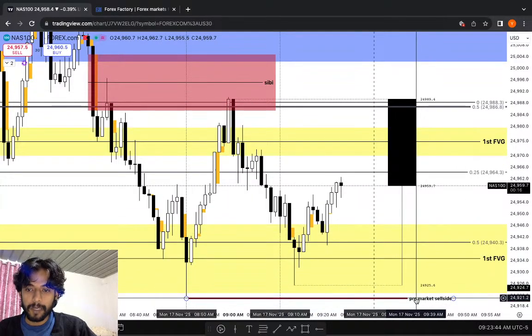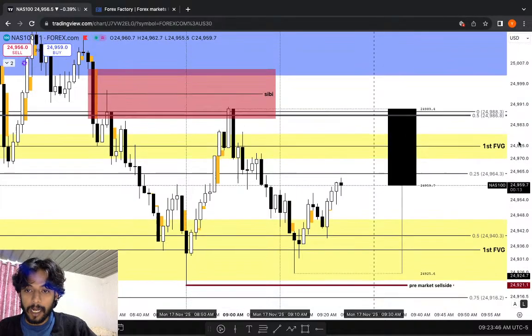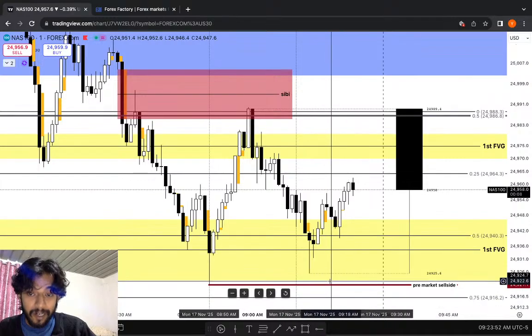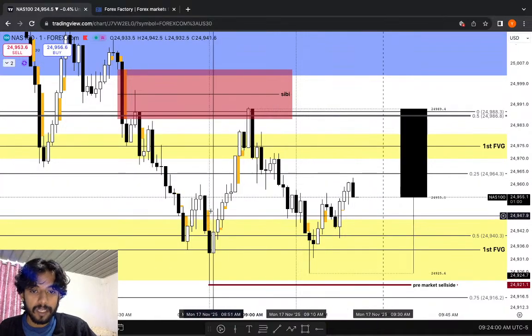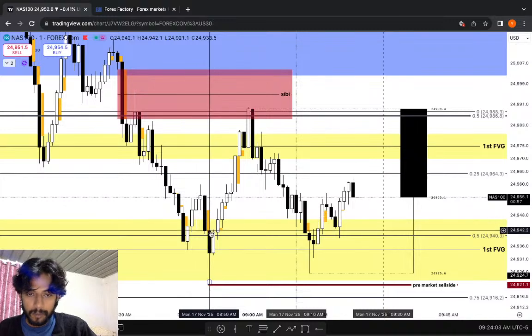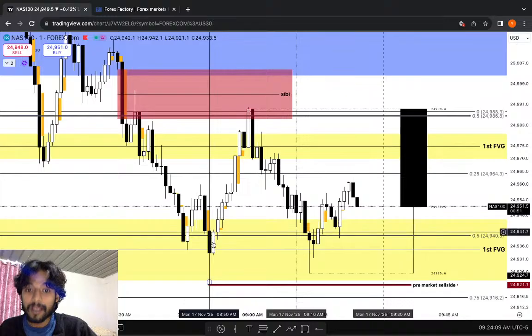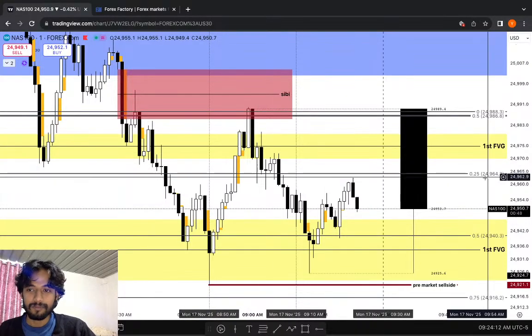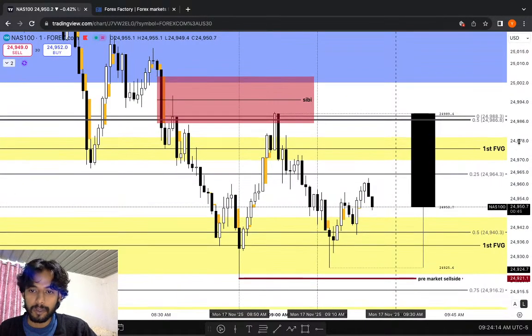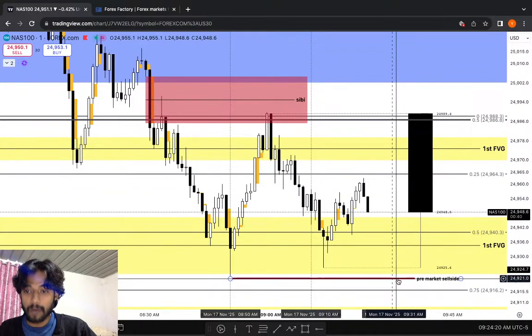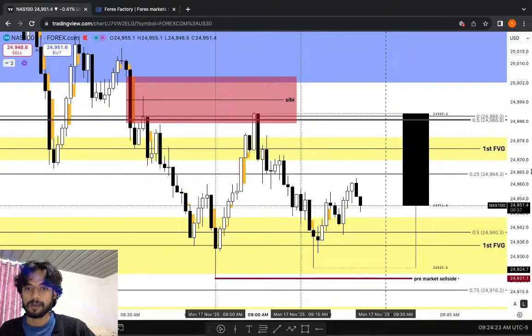So we have marked out pre-market sell side, pre-market buy side, and at 9:30, if we can pump lower, take people out, and trick and trap and manipulate retailers into thinking that it is going to move lower and lower, and then we see these kinds of moves with some inefficiencies, sell side imbalance, buy side inefficiencies below the first presentation of today. It got breaked, and then you know the drill, what it is. If you know, you know. So let's see if we can break down at 9:30. That will be a good thing for us.